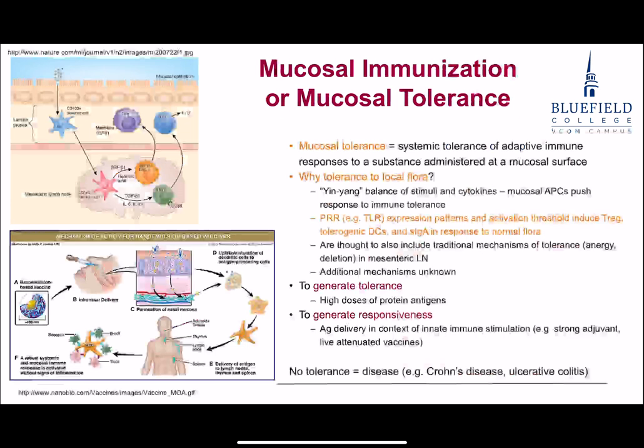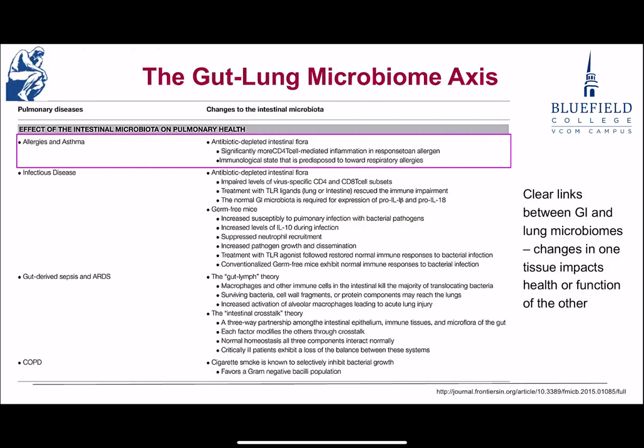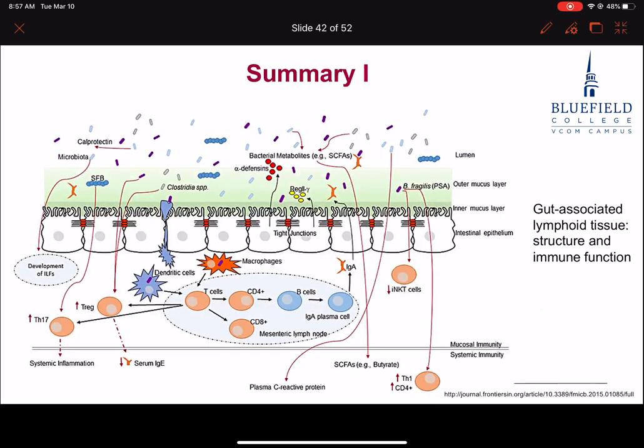Kind of ignore these, because immunization and tolerance is interesting, and you've got to think about that, but we're not going to make that testable, and then the rest of this is just, again, thinking where you've got dysregulation in your microbiome. If it's a dysregulation in your gut, that can change your response in allergy, in chronic obstructive pulmonary disease, those two highlighted areas, and then that's the end of it. Okay,